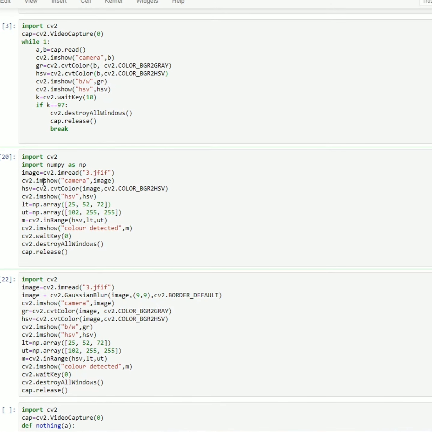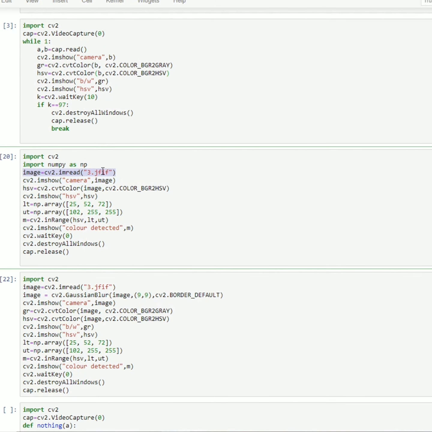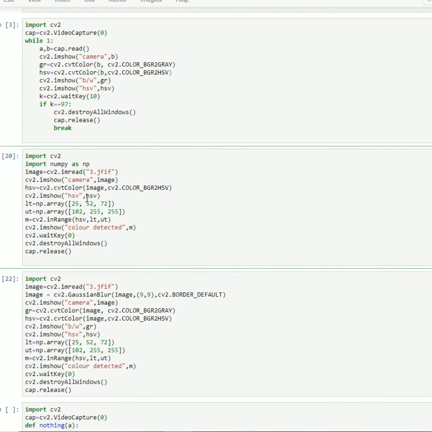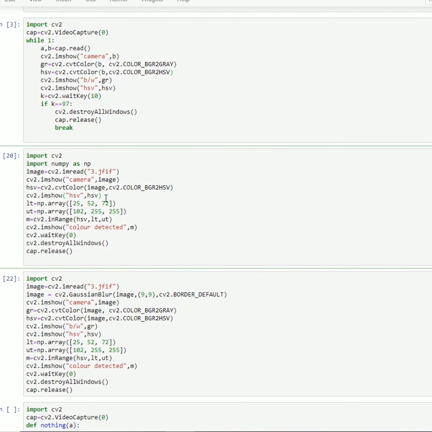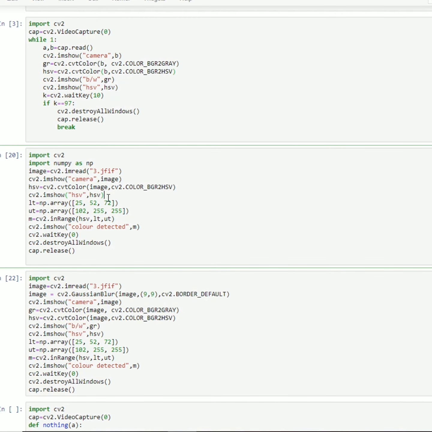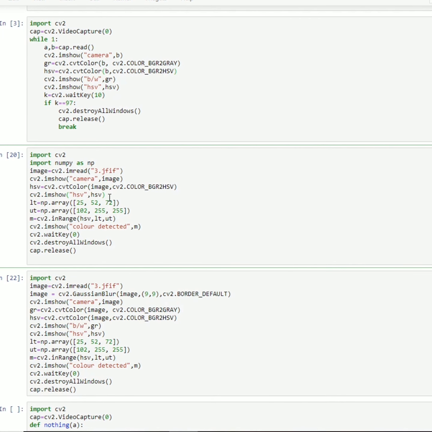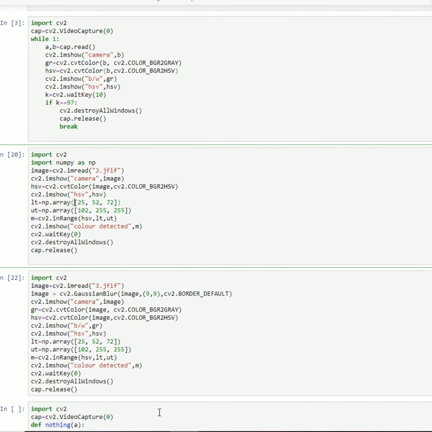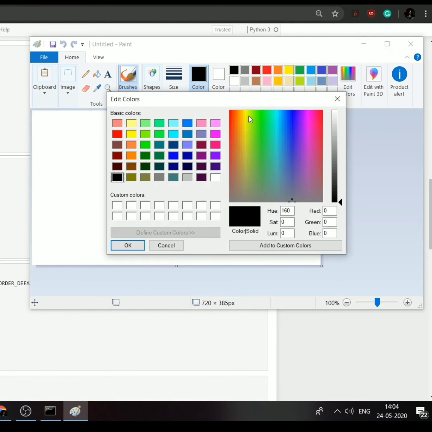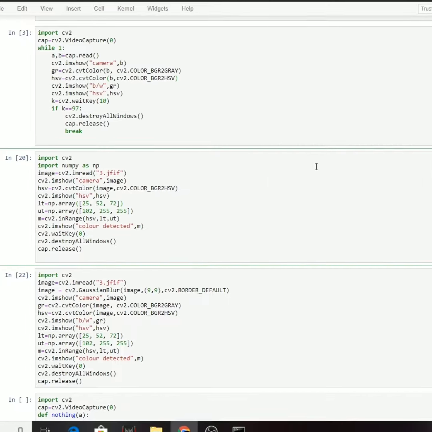Now look at this part of the code. In this code I'm using an image called 3. I will show that image, then I'm displaying the image, converting it into HSV, displaying the HSV, then I'm fixing the lower threshold and upper threshold. Now what are this lower threshold and upper threshold again? This is nothing but the range of colors which is particular to one specific color. Here I took green. As I showed you earlier, I fixed green's hue, saturation and luminosity index, and I got these threshold values by the hit and trial method only. So let me run this code so that you will understand.